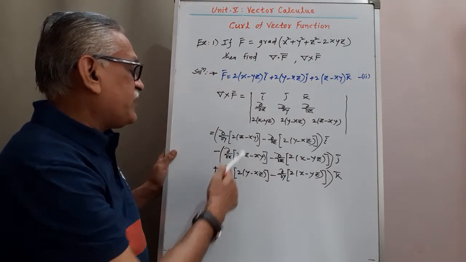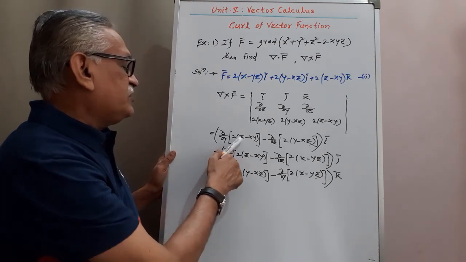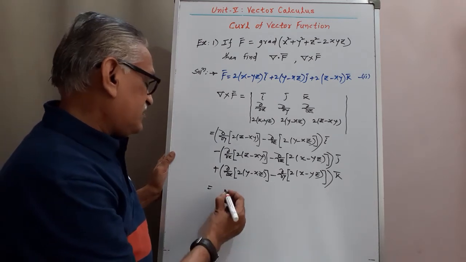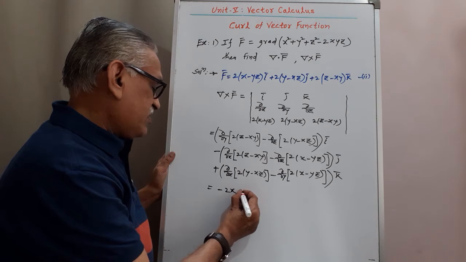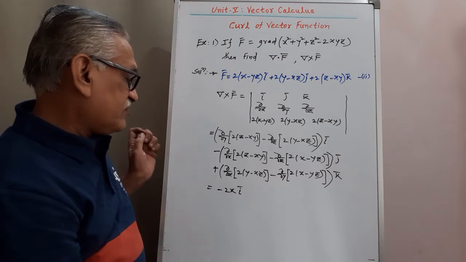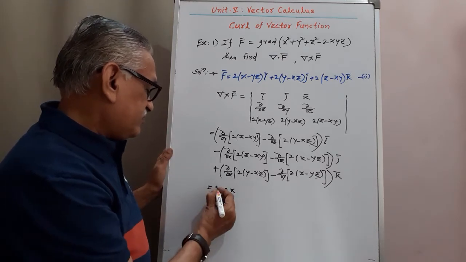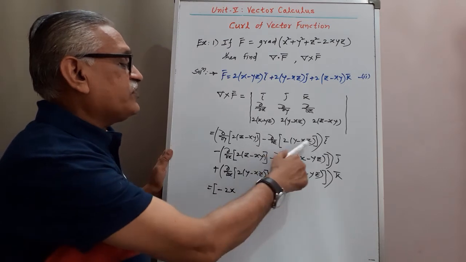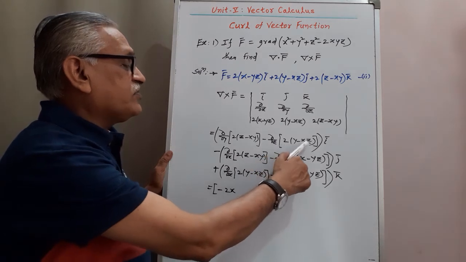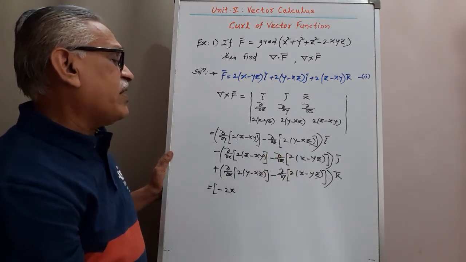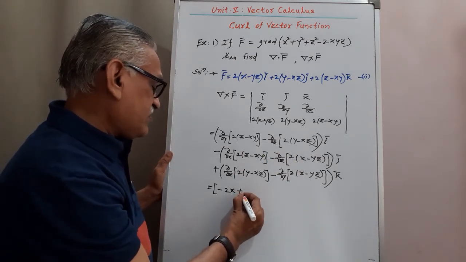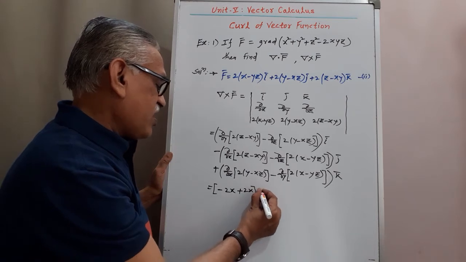Therefore, differentiation of this with respect to y is 0 for this, and the derivative of that minus xy is minus x, therefore it is minus 2x into i. Differentiation of this term with respect to z, 0 for the first, and derivative of this with respect to z is minus 2x, and that minus it becomes plus 2x into i,